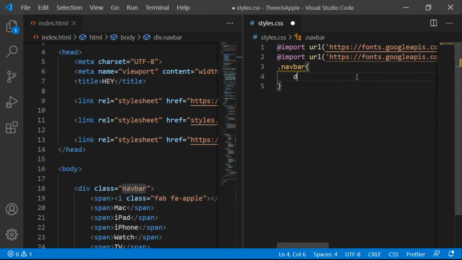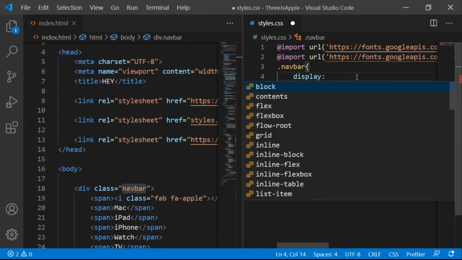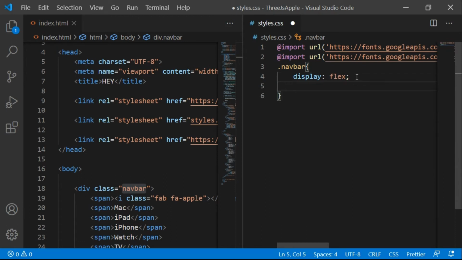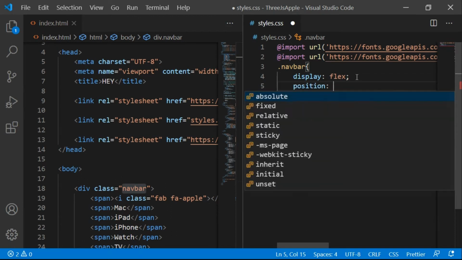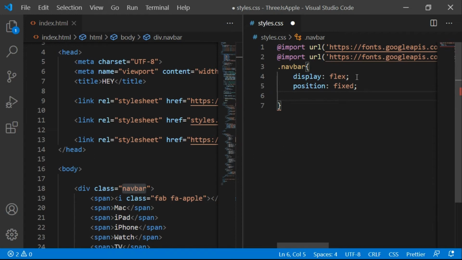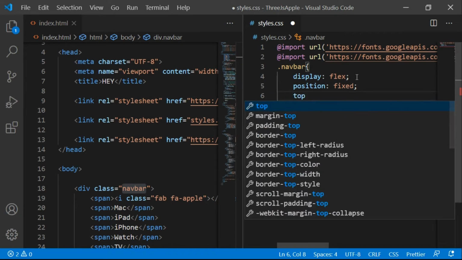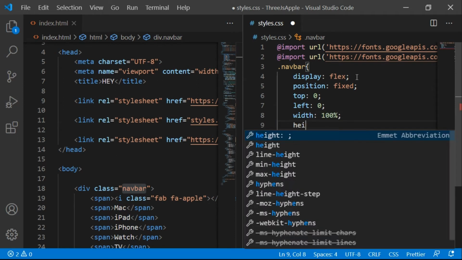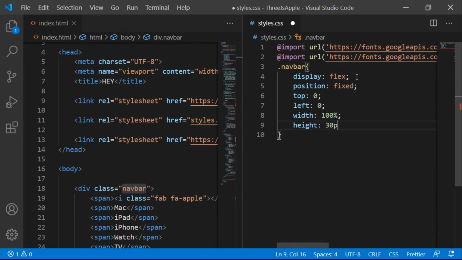So we added this navbar tag here, which is gonna have display as flex. Position will be fixed because we want it to be stuck, right. From top it will be 0, from left it will be 0. Let's add width as 100% and height as 30 pixels.